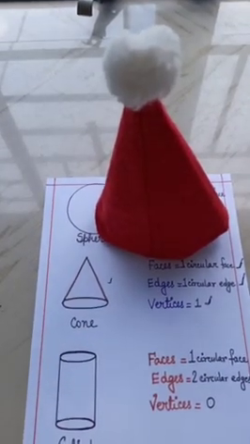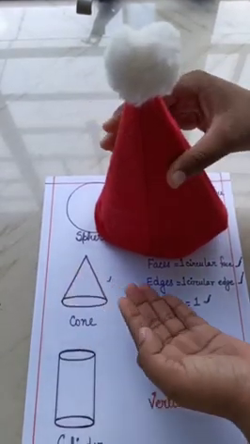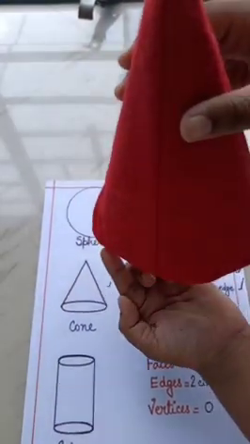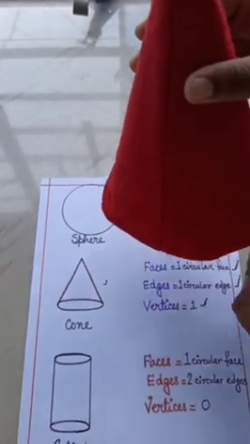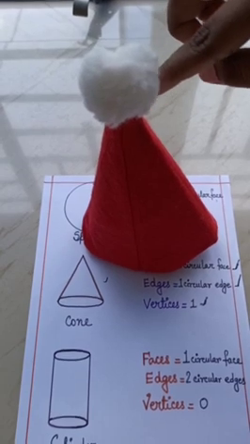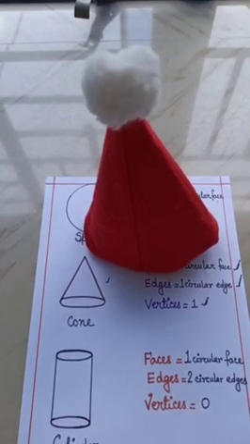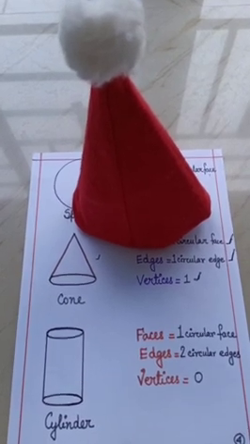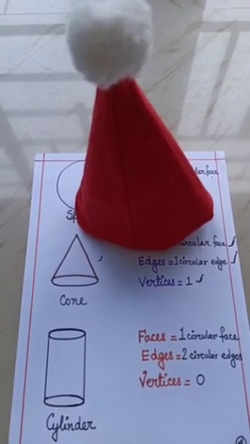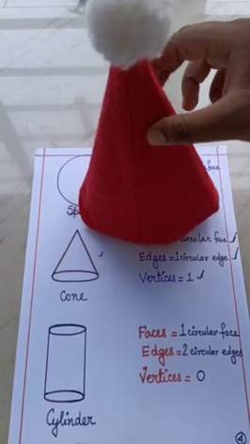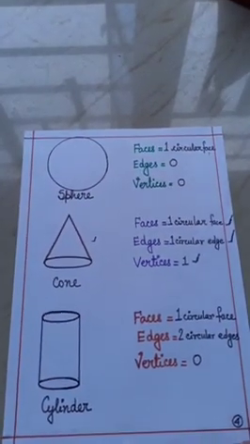And which one is the edge? This at the bottom, this one is the edge of the cone. Okay, and which one is the vertex? This one at the top. Okay, this one is the vertex. Similarly, your ice cream cone, you love ice cream, and the ice cream cone is in the shape of a cone also. Okay, next we will see another thing, that is cylinder.